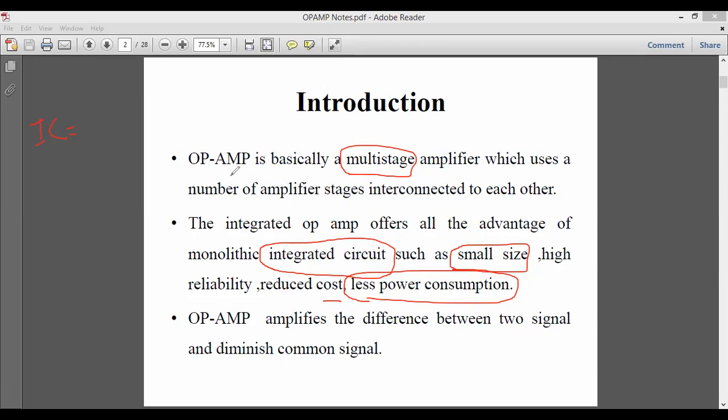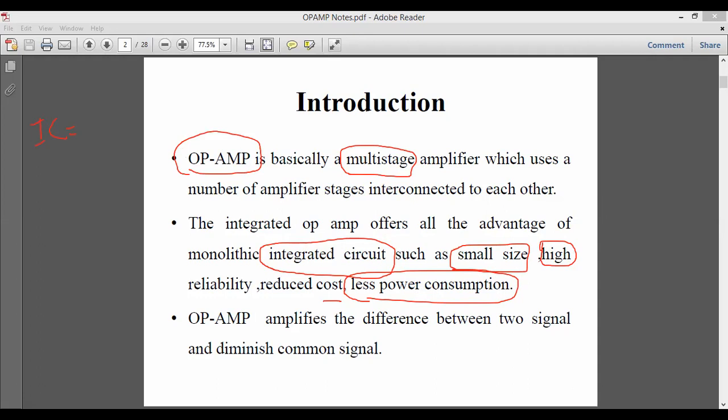But our operational amplifier is designed in such a way that the power consumption is very low and they are highly reliable. The term high reliability means that when you make use of the operational amplifier, it will work very efficiently over a long duration of time. That is why we call these high reliable applications, obtained by making use of this operational amplifier.